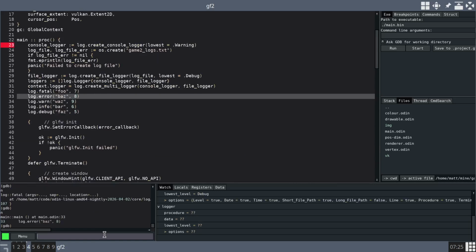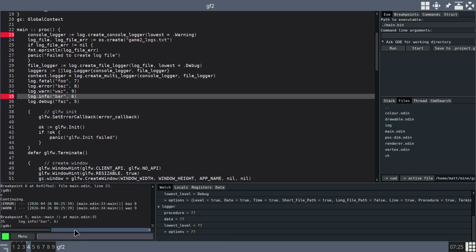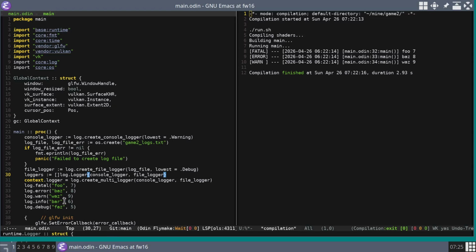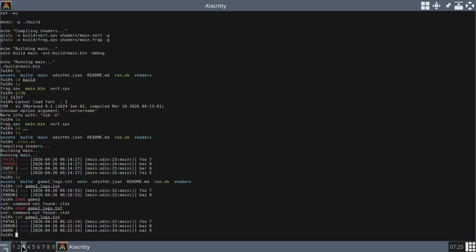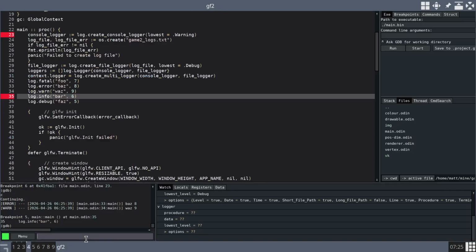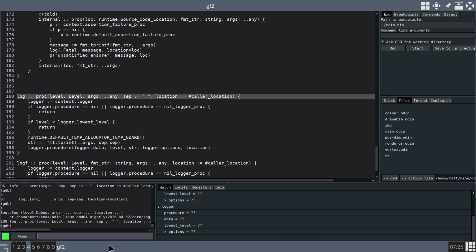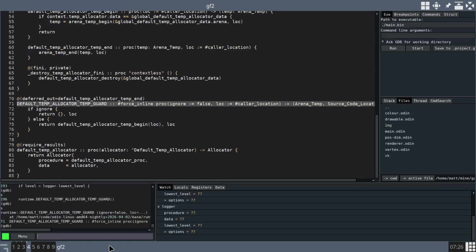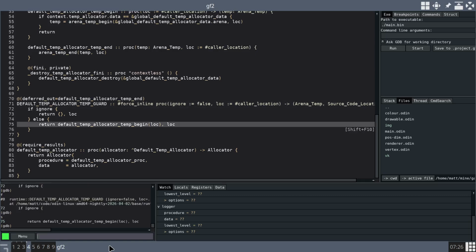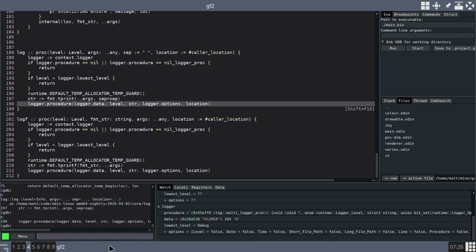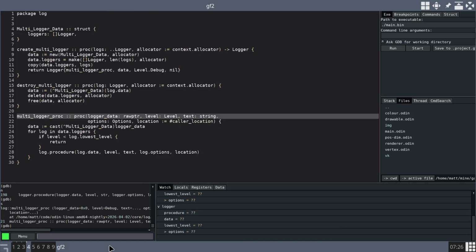It keeps going. Cool. If we keep going down to info. So at this point, we're expecting to see that the first logger doesn't log it, and the file logger does log it. So we're in here, step in, step, it calls that with level of info, calls log, step. Oh, I regret stepping into here. Next, we go into that. In our multi-logger procedure,